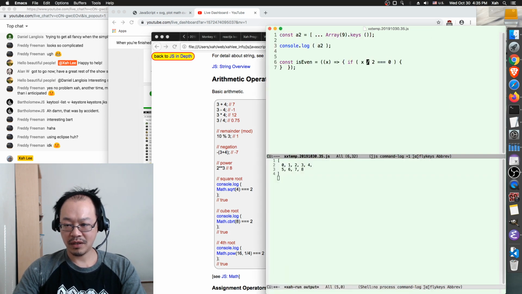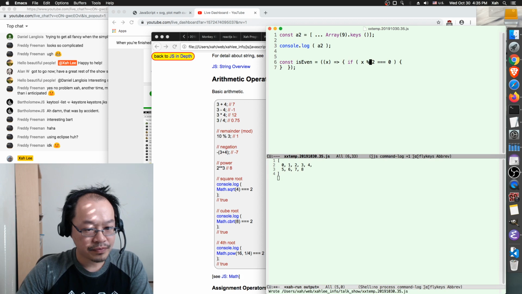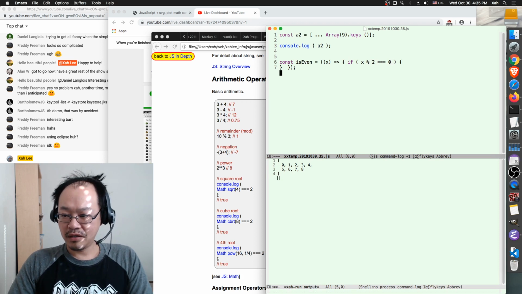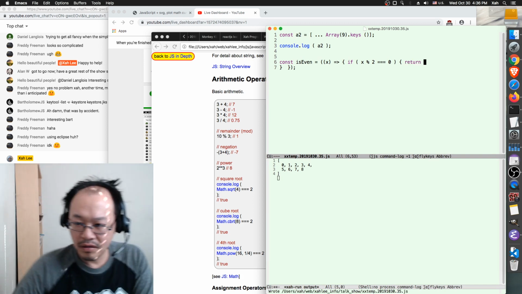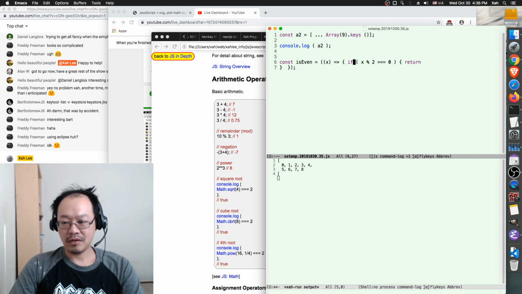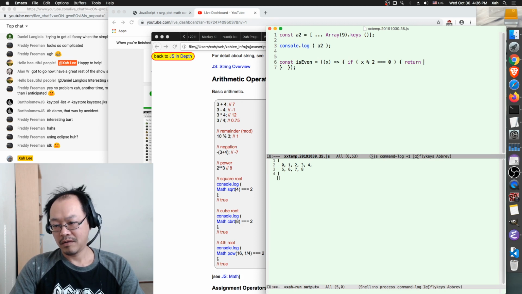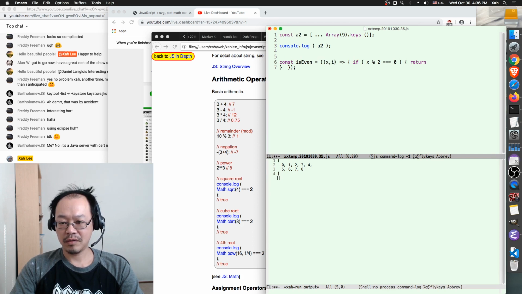So what you want is, if that returns 0, then return, actually, we want to return the index. Okay, so return the element and the index,